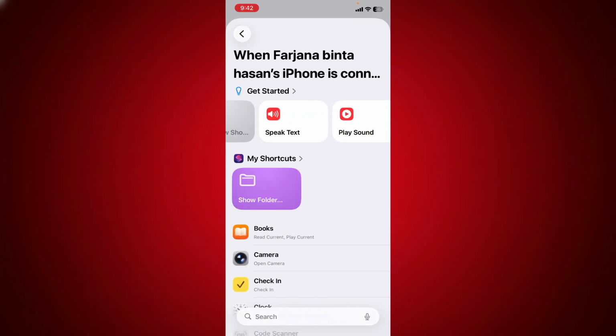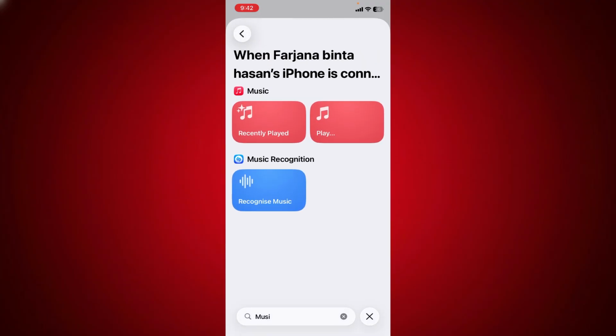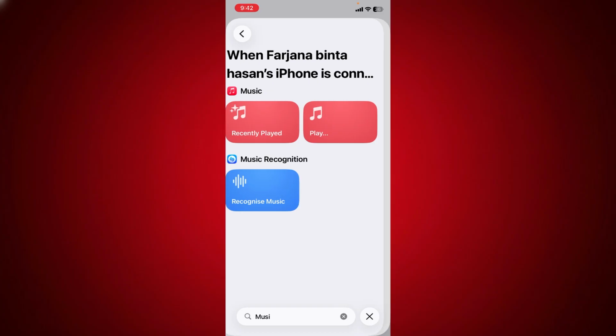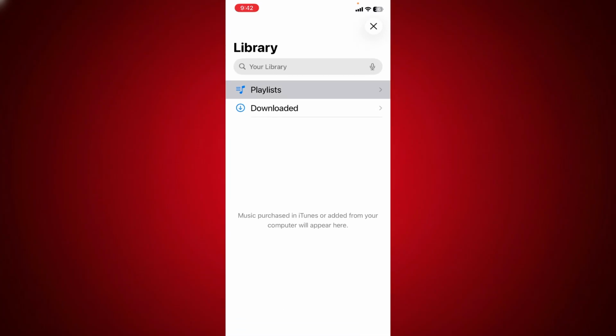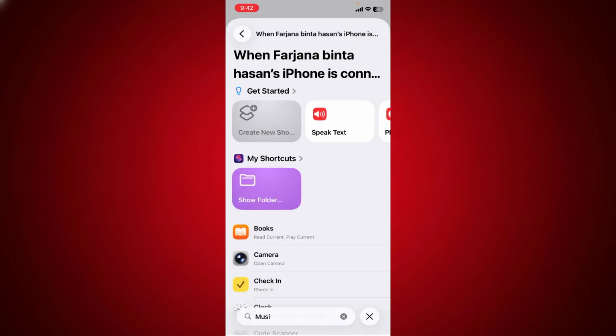And here you can see different types of options: speak text, record sound. So if you want to change the music, just type music in the search option here, and here you can see the recently played and play options. Select that and choose the song. If you want to download any music that you like and set it to your charger, just download it and select that one. And after that, every time you plug in your phone, the sound will be the customized sound